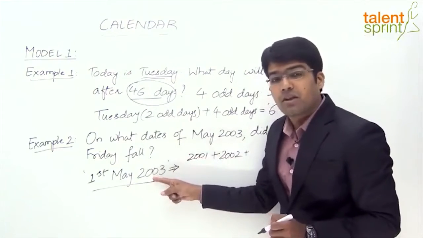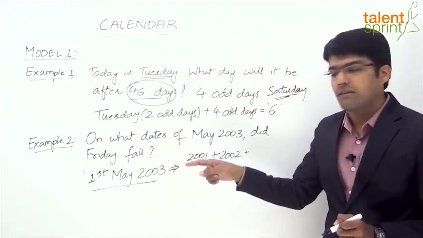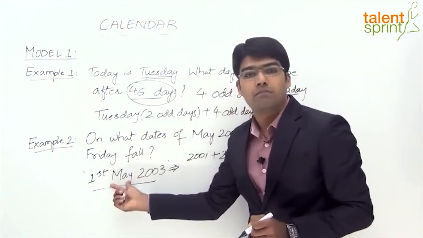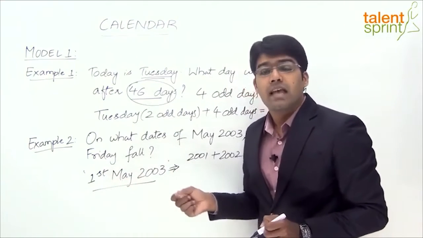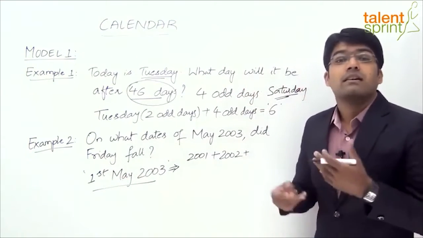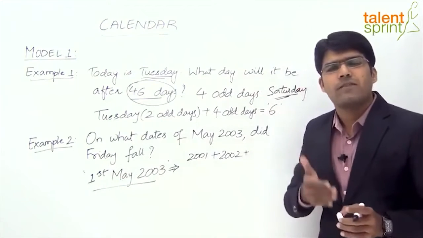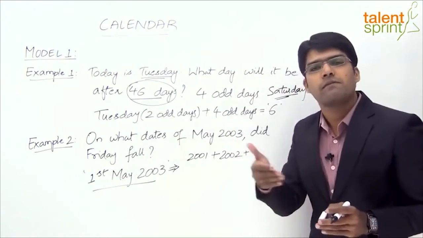Now we are not considering the whole of the year 2003. We only have to look at the month of May, right? Up to the month of May. And as we have learned from the reference chart for the months, we don't have to do the individual calculation for January, February, March and April.